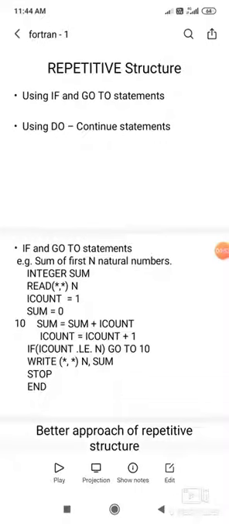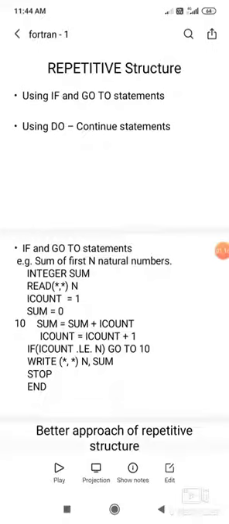We will use this to find the sum of the first n natural numbers as an example. Firstly, the variable sum is by default real. We want the result to be an integer, so we declare it by the declaration statement INTEGER SUM.